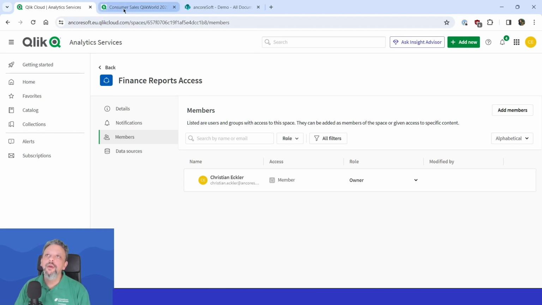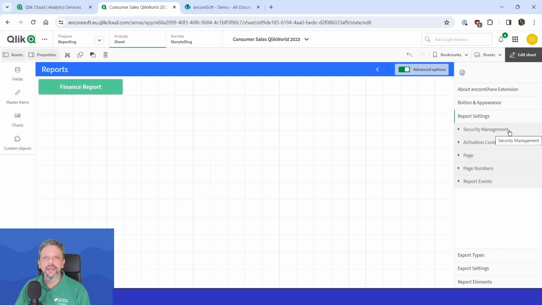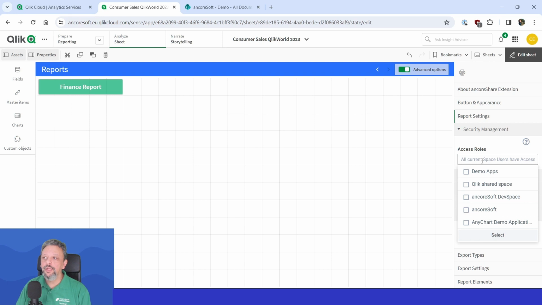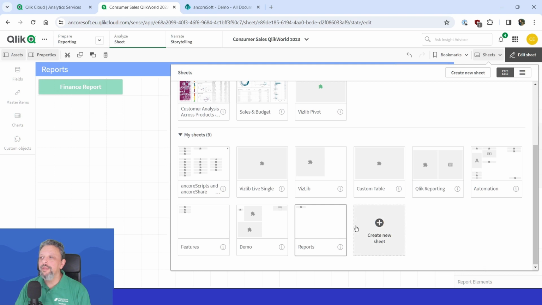And we're going back to my report. Inside the report, there is the Report Settings Security Management part. Click it once, and now we can add one or multiple roles that should have access to this particular report. Click, type in Finance, select the Finance access, and that's it. So let me make it public,